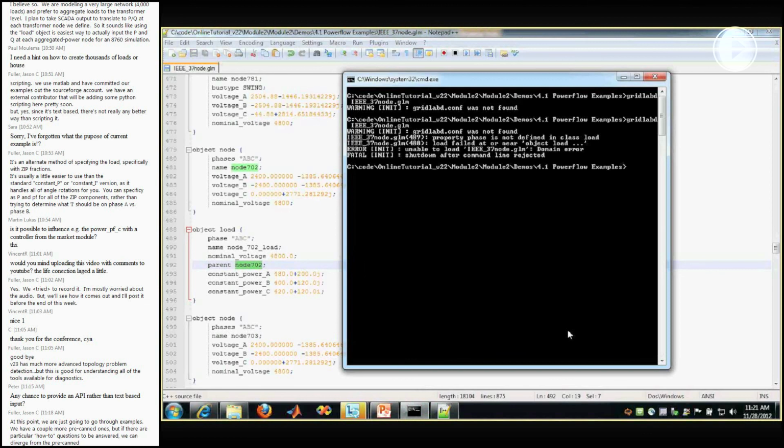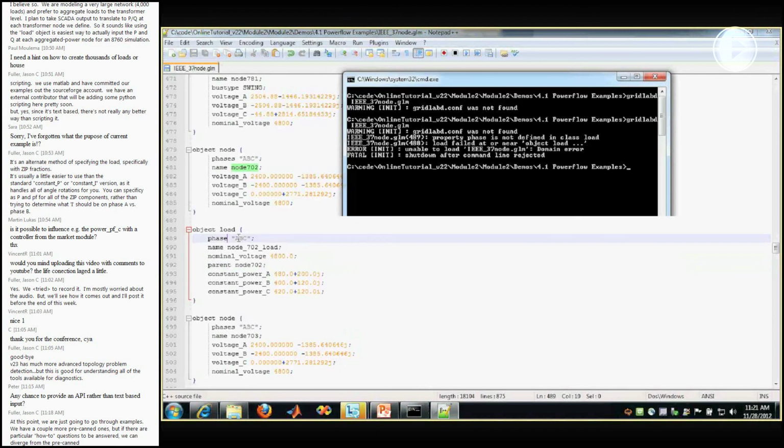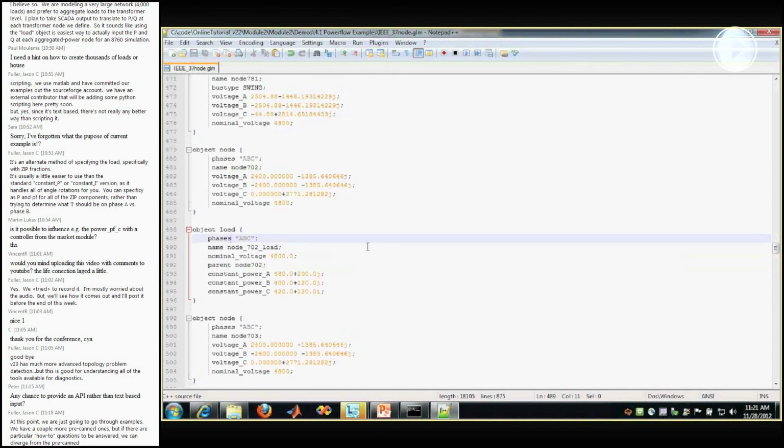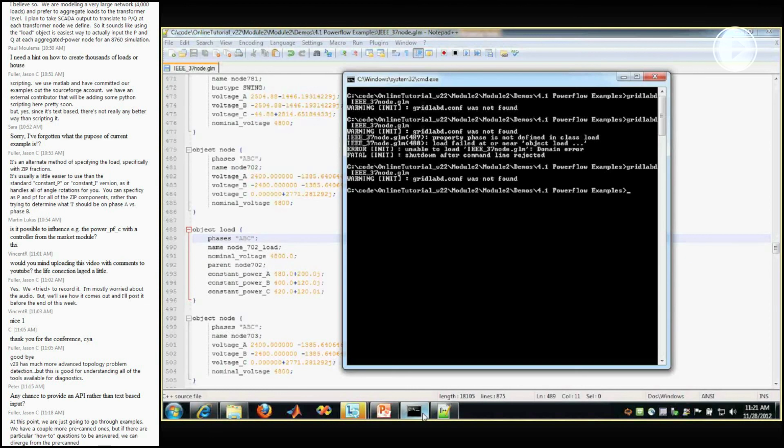It tells me that I did something wrong. So this is good. Mainly because I can't spell. Should be phase, not phase. Now it ran, and if we looked at the XML output,